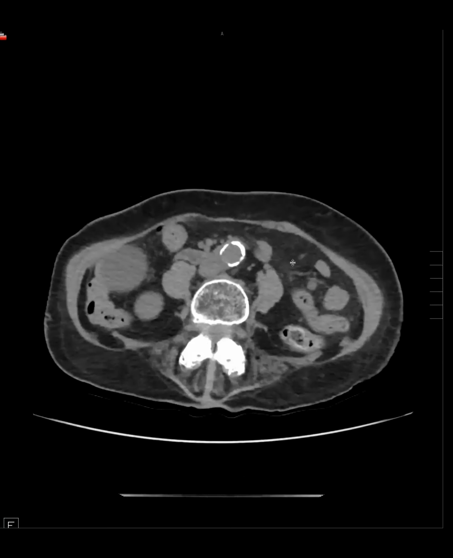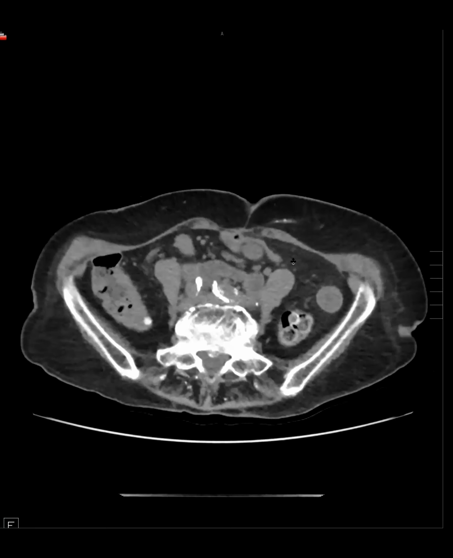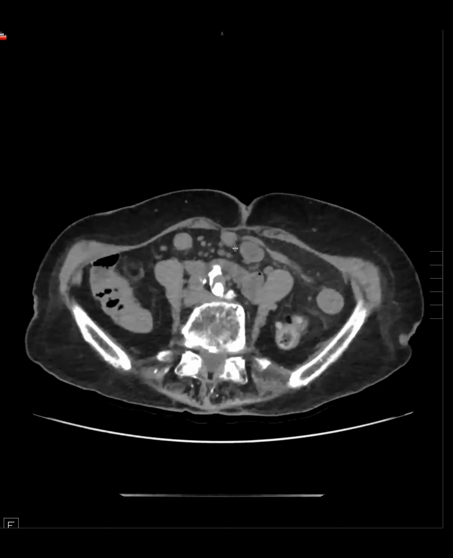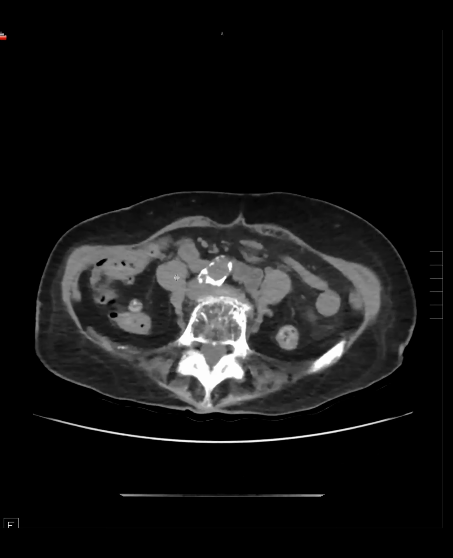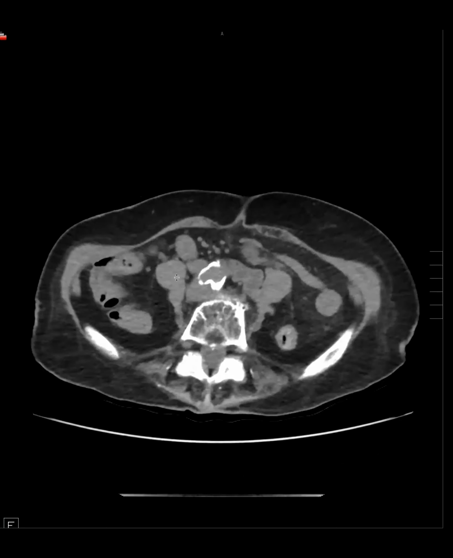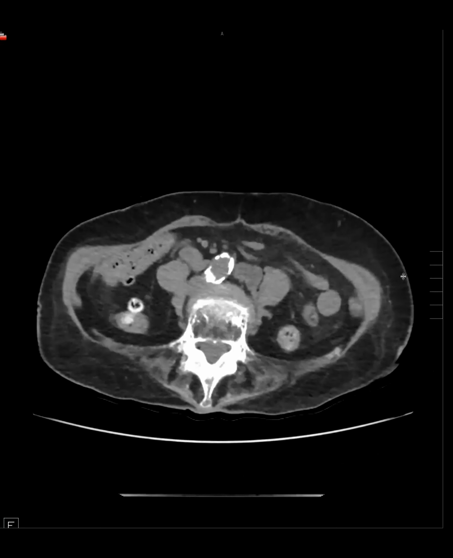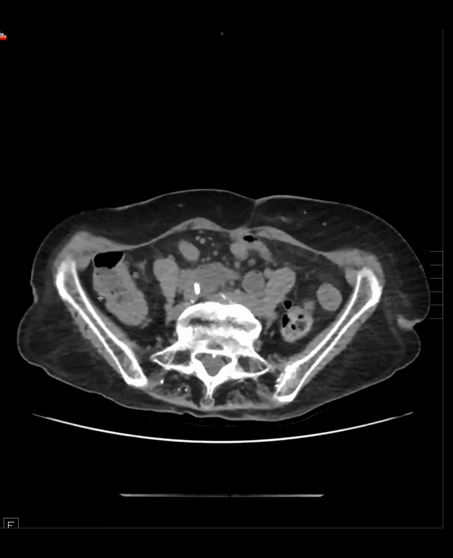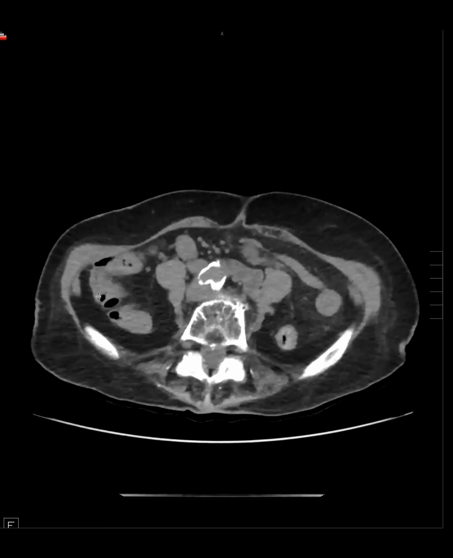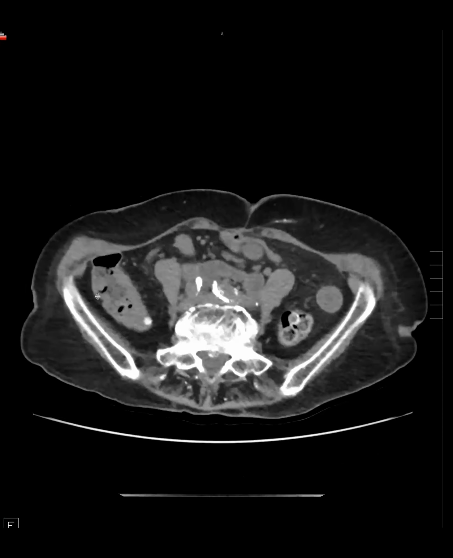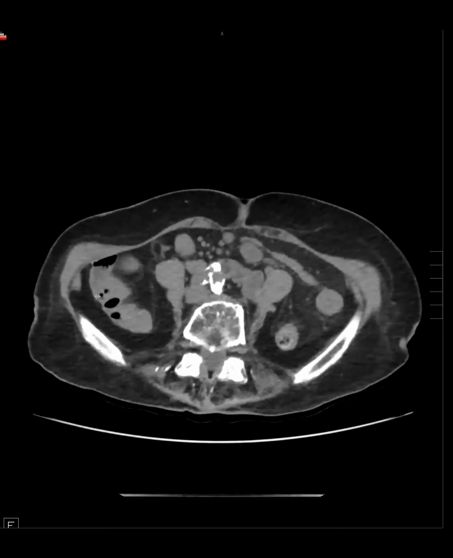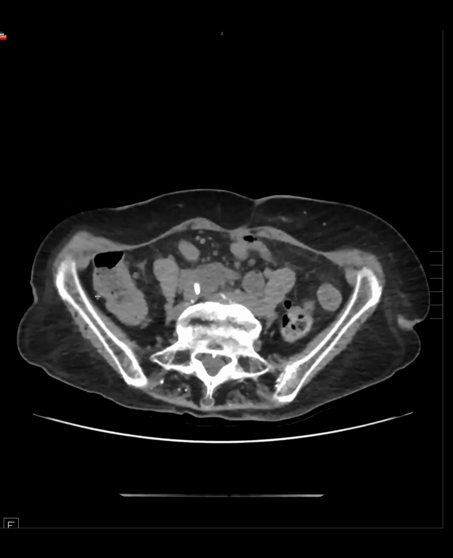So the teaching point, what is the teaching point? It's really hard to see these things. I'm not sure what the secret sauce is to not miss these lesions in the small bowel mesentery. Any pointers from anybody? Some people have been politicking lately about returning to more positive contrast on CTs routinely